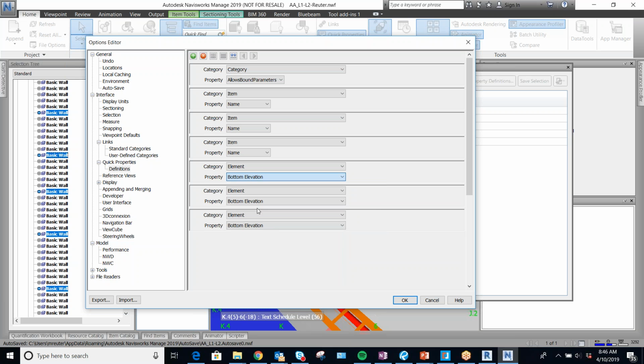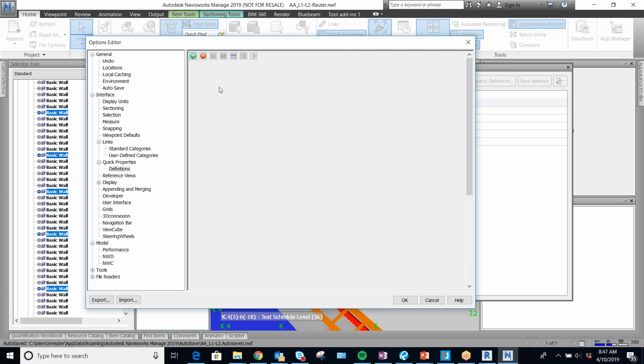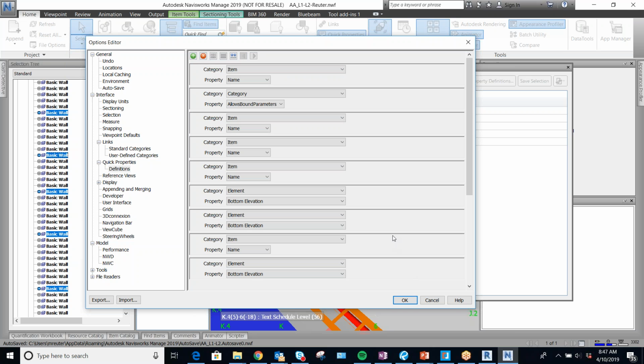So even though we only want 7 categories, we've got to add 2 more right away, is what you're saying. Yeah, we're probably going to need to do that, so that we can get all 3 of them. That's what I would do, so that if there is an instance where you need the bottom elevation and you can't get it, you're not frustrated, and you don't have to measure. What these do is they save me 5 seconds here, 10 seconds there,